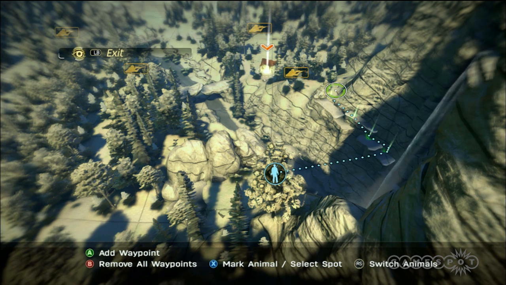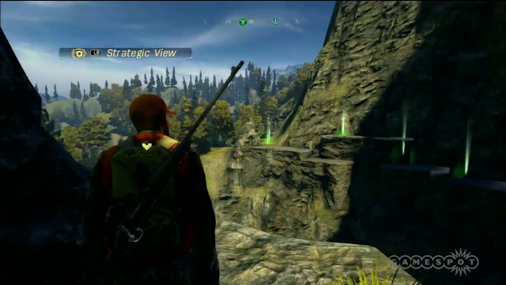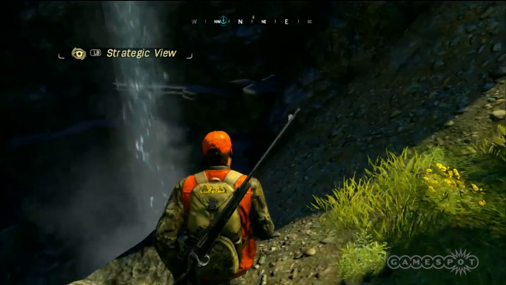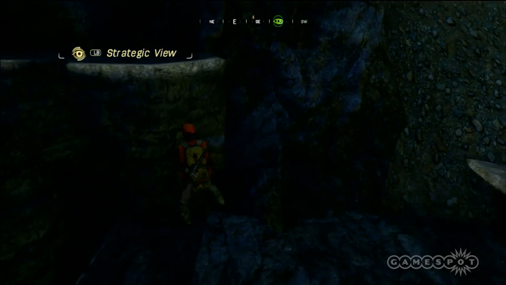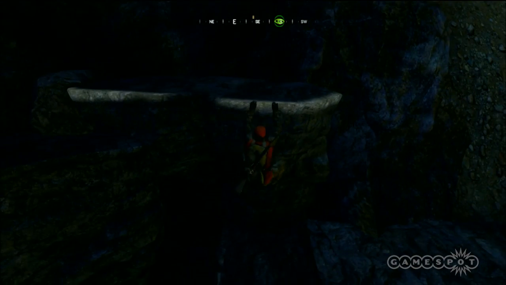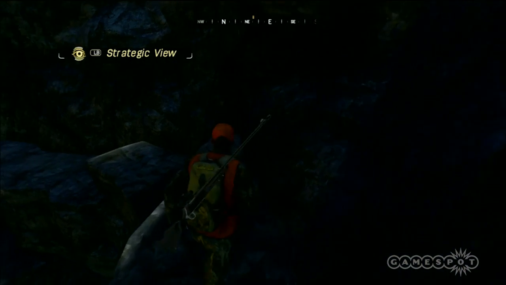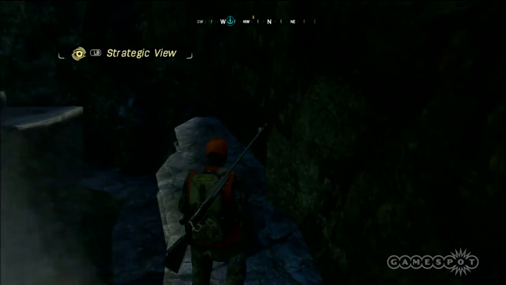Okay, so once we've done that, now is the time to actually follow that route and execute the plan. We're going to have to do a little bit of climbing here. This is a good example of the freedom you get in this game. We could have gone the left route and basically come from a different side. So in this case, we actually have to do the climbing thing. It's not very complicated, but